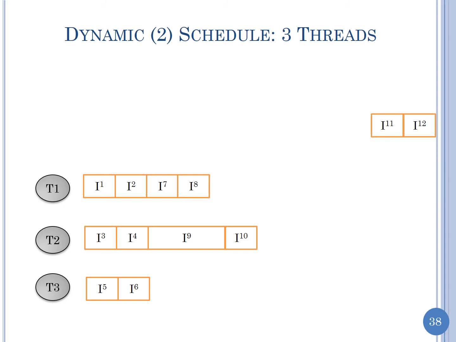And now I11 and I12 will be assigned to T3, right? But we could have had T3 do I11 and T1 do I12, and that might have been better load balancing. Maybe in this picture it doesn't show properly, but assume that T1 and T3 finish at the same time. Because the chunk size was 2, I11 and I12